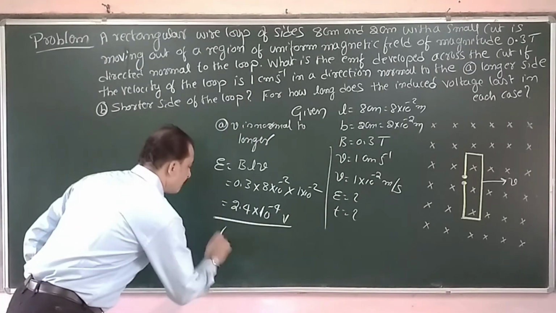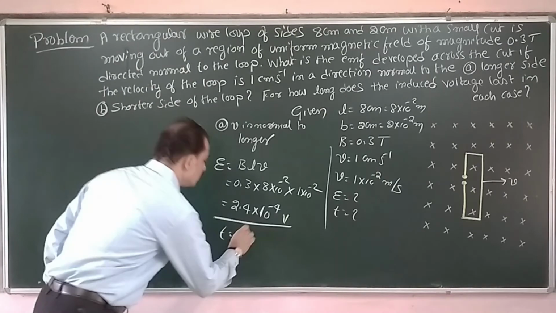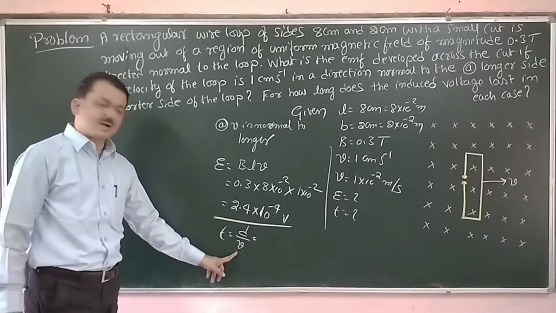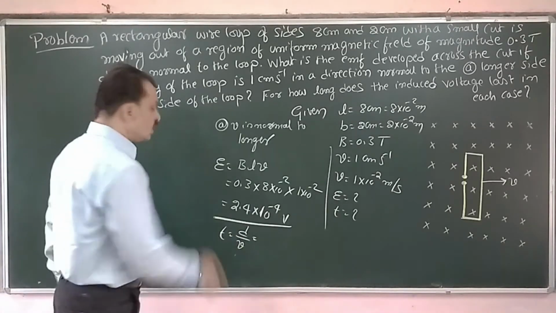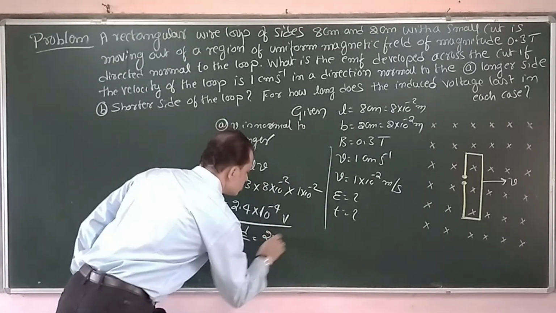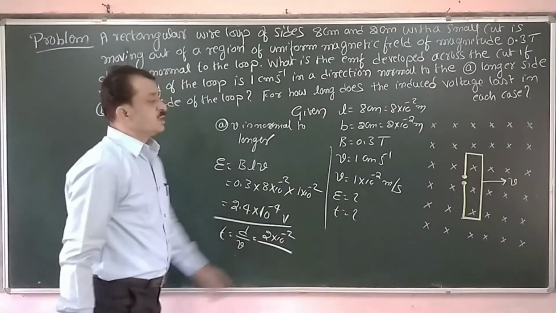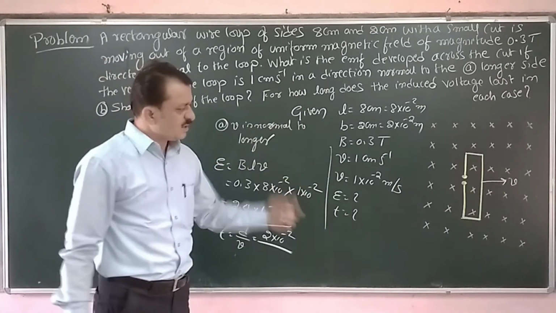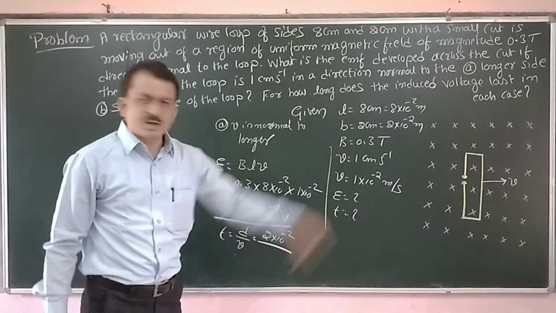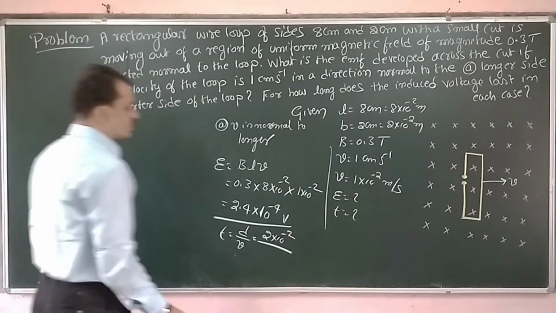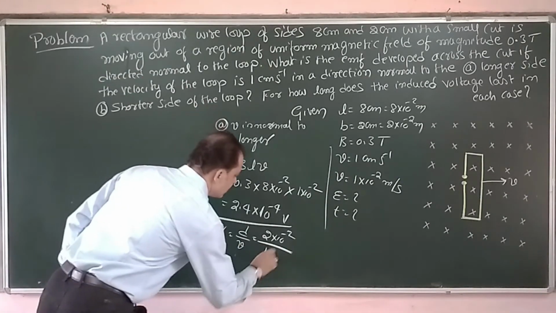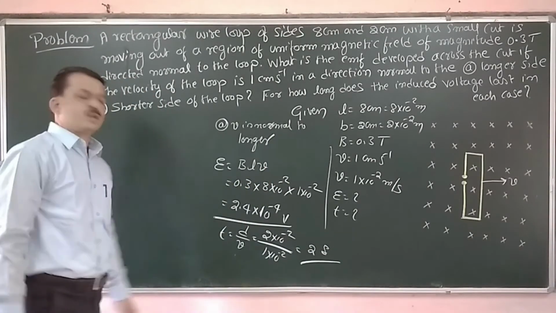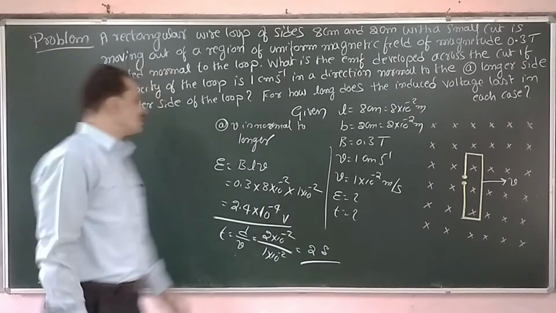Now we will work out the time. T is equal to displacement divided by the velocity. Simple relation, velocity is displacement by time. Therefore, T is equal to d by v. Now displacement is 2 centimeter, that is 2 into 10 raised to minus 2. Even though we are pulling the 8 centimeter side, the variation is along the breadth, that is 2 centimeter. Divided by the velocity, 1 into 10 raised to minus 2, that is 2 seconds. Lasts for 2 seconds.